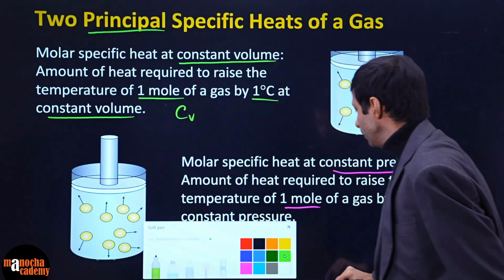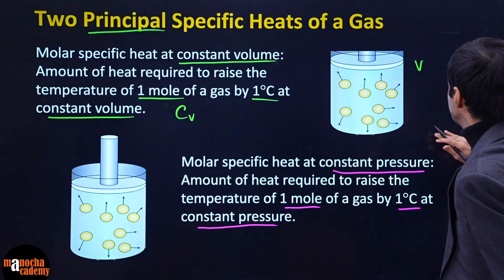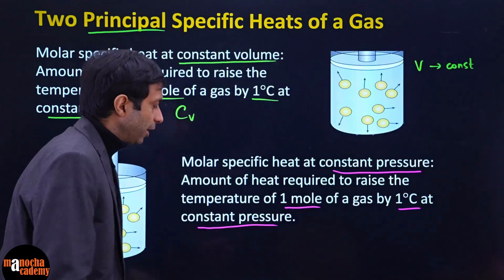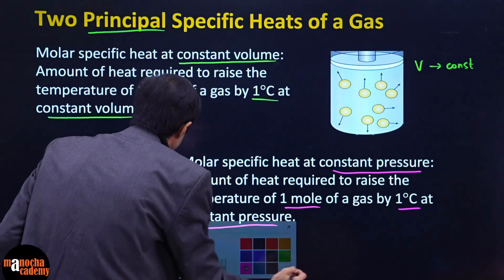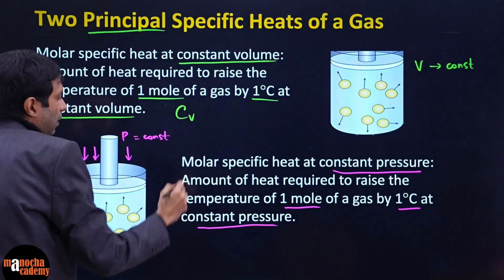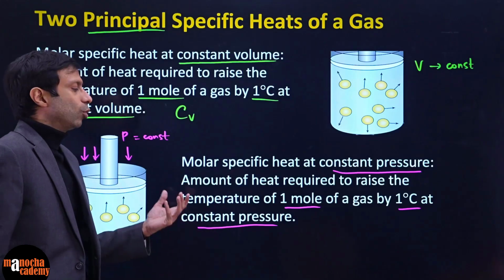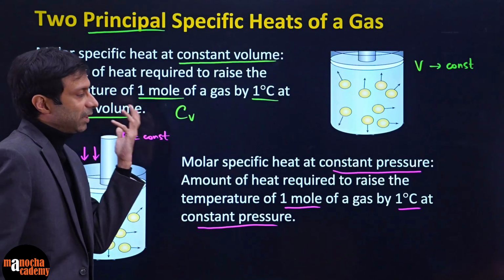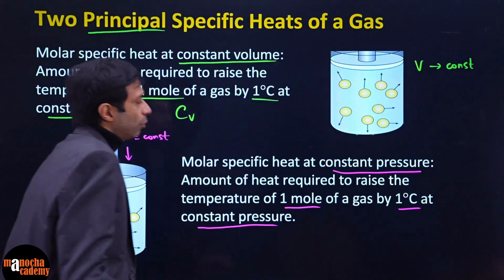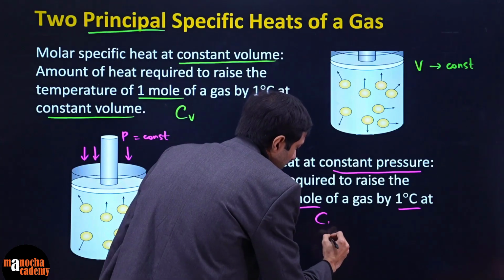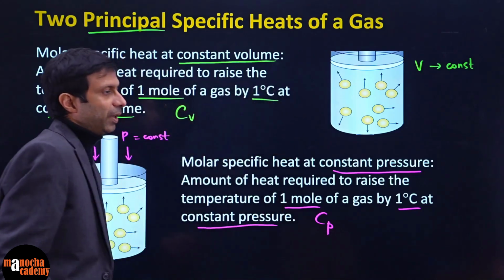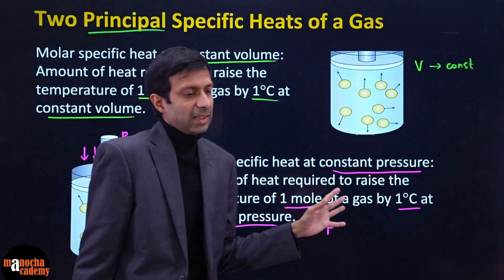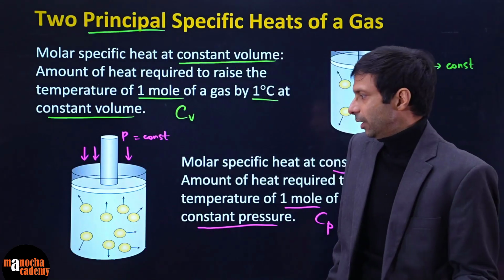So in this diagram, the volume is constant. Okay. In this diagram, the pressure that you're applying on the piston is constant. Okay. So this P is constant. And this molar specific heat of the gas, or molar specific heat capacity, or specific heat, normally we say. So molar specific heat of the gas is denoted as capital C subscript P. Okay. So these are the important ones. Remember CP and CV. Okay.